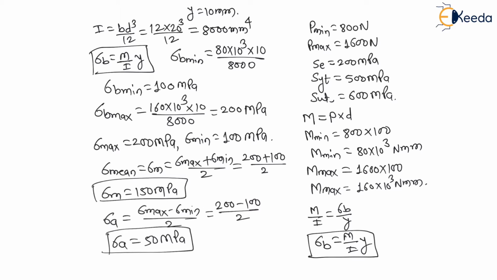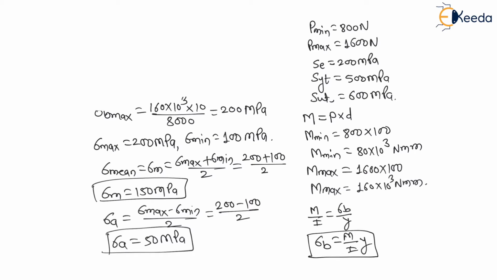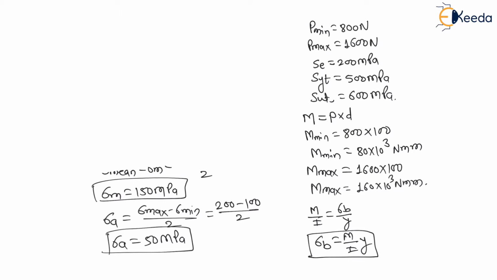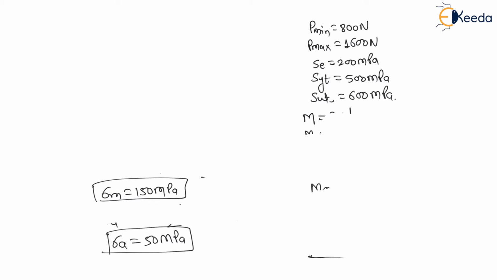So let us understand what this modified Goodman criteria is. My dear students, for the further solution of the question we need SE, SYT, SUT, sigma m and sigma a. So I will keep only these values and erase the rest so that we get sufficient space, right? Mean stress and stress amplitude are required, and the strengths, that is endurance strength SE, yield strength SYT and ultimate strength SUT, are also required. So my dear students, let us solve this question.